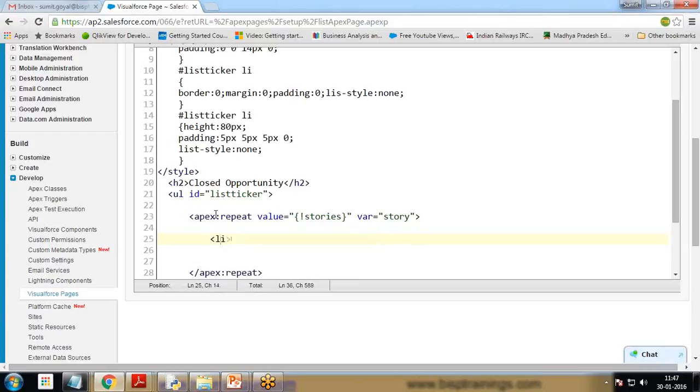define a list item, slash list item, and in this list item I add one image because I want to display the image as well. So image, style equal to float is left, margin is 5px 000, padding 1px, border 1px,